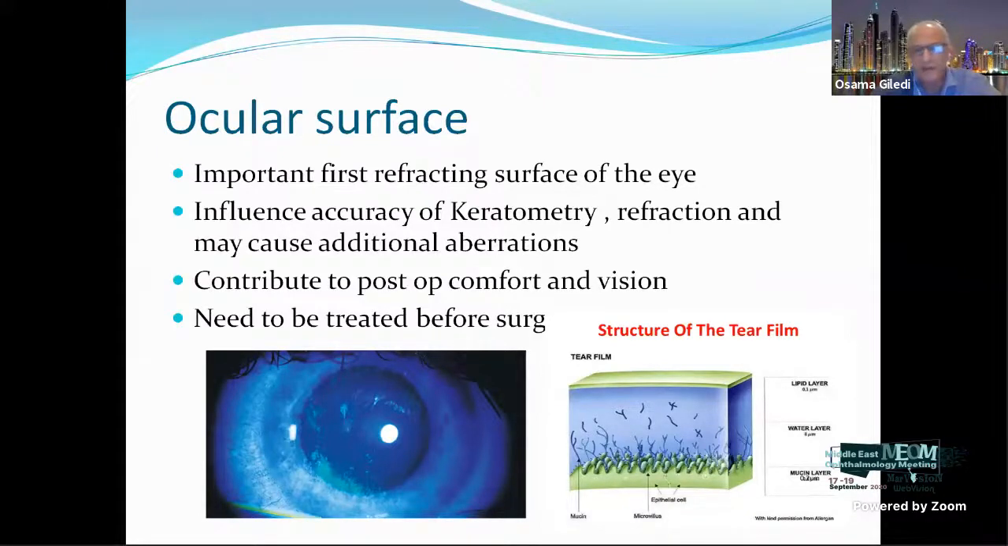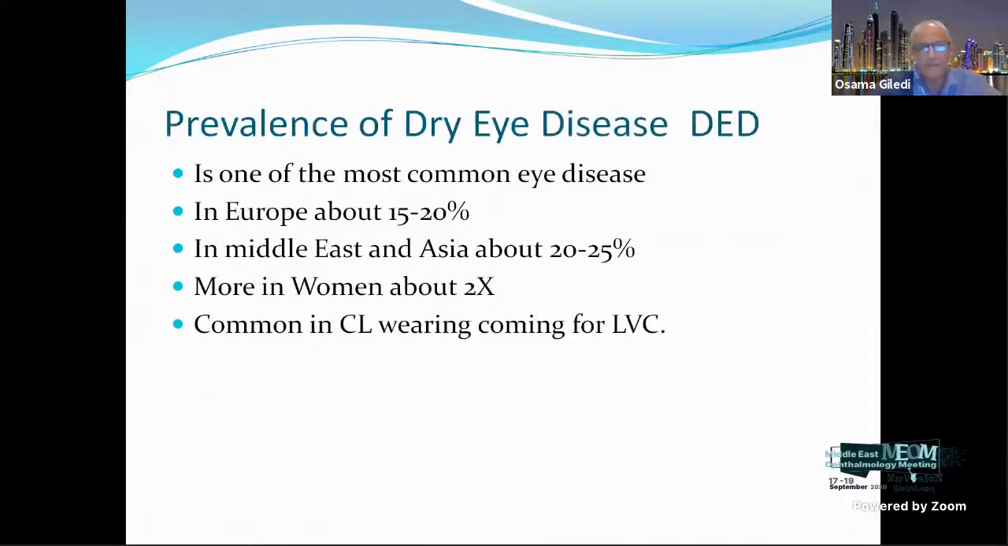It influences the keratometry, the refraction, and also high-order aberrations. So it's very important to have a very good, healthy ocular surface to have a very consistent result. That will contribute to post-operative comfort for the patient and also the vision quality. So anyone coming for surgery needs to be assessed, and if there is any ocular surface problem, it needs to be treated accordingly. The prevalence of dry eye is very common, in Europe about 15